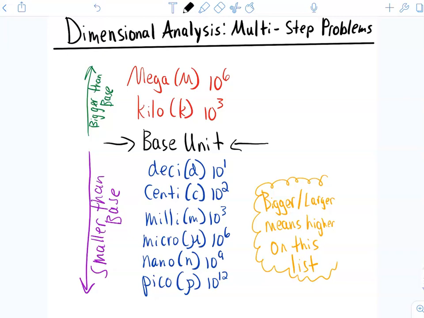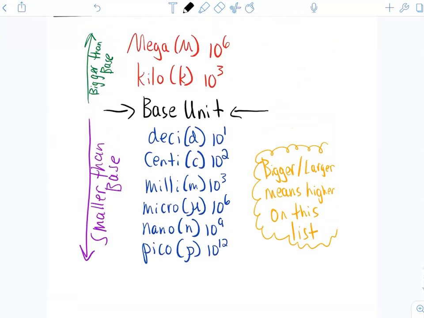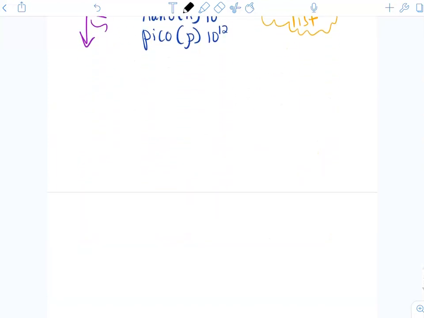In this video, we are going to be looking at dimensional analysis, but we are going to be looking at multi-step problems. So instead of just having one relationship or conversion factor, we're going to have at least two conversion factors. And so the first thing that we're going to look at, as you can see, is we have our chart. You need your chart for these problems. And then we're going to start out with two-step